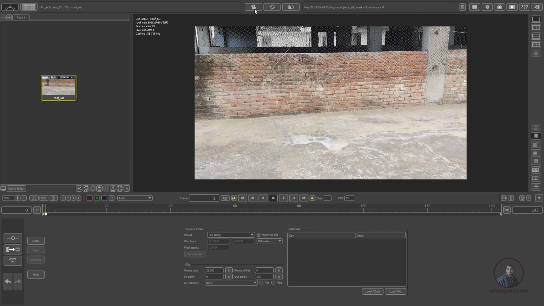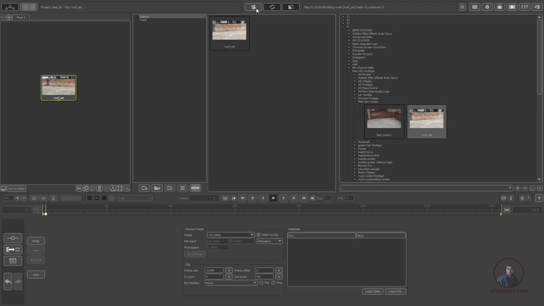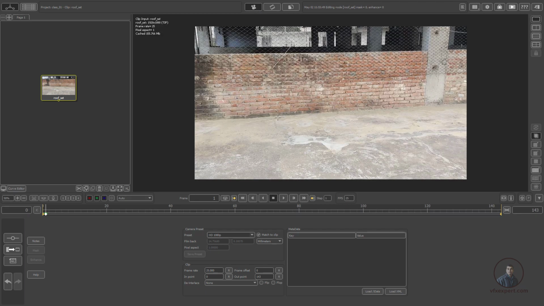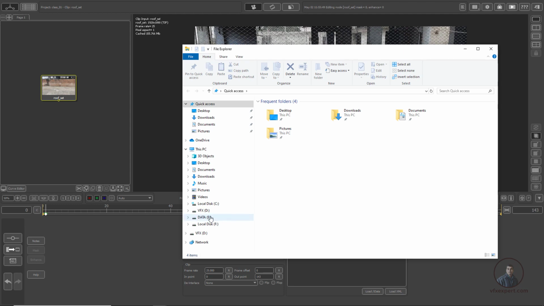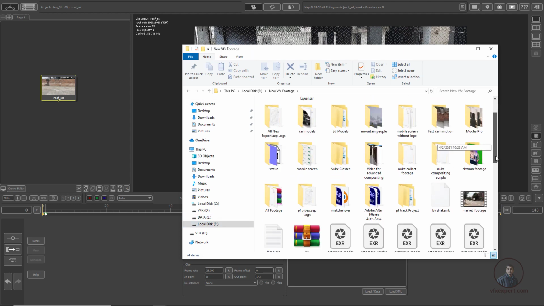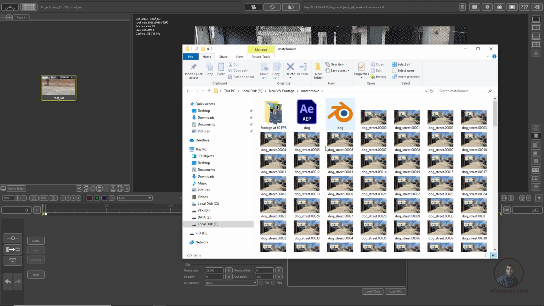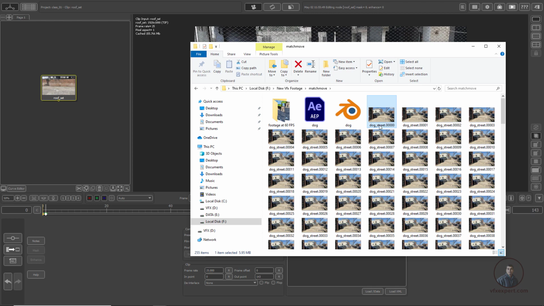With the help of this file media browser you can import your footage, but mainly in PFTrack you can drag and drop footage directly from a folder into PFTrack. So here press Windows E, My Computer, then the F drive, this match move folder, and inside is our footage. If you see an image sequence, you only have to select the first or starting frame and drag and drop. This will import your entire image sequence or entire video.